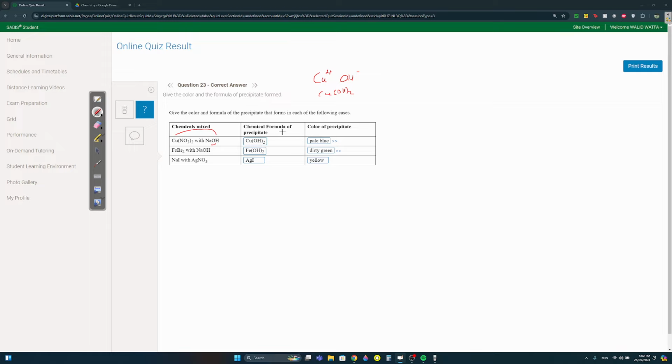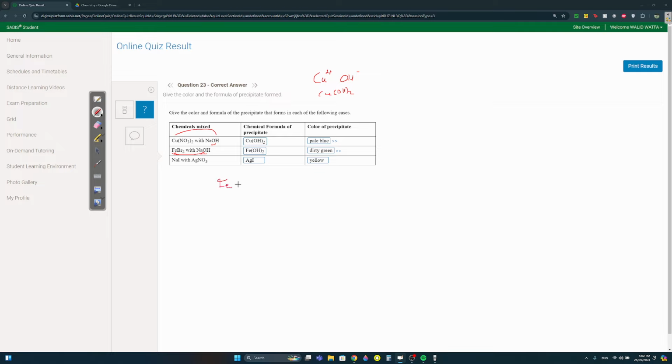Okay, we know that copper is always blue or pale blue. If you put blue, it's also correct. Here, FeBr2 with NaOH. Again, when you mix this Fe with OH, you're gonna get a precipitate, because